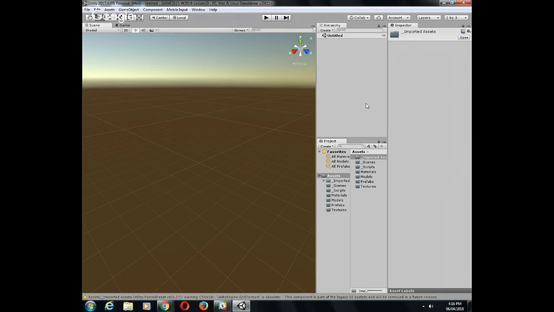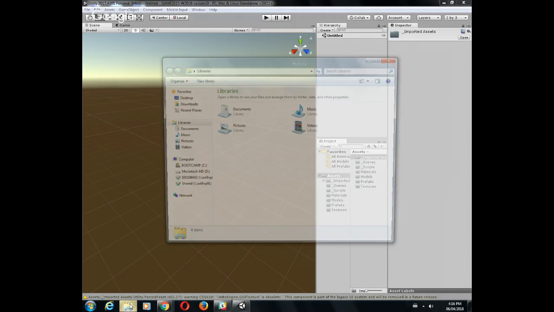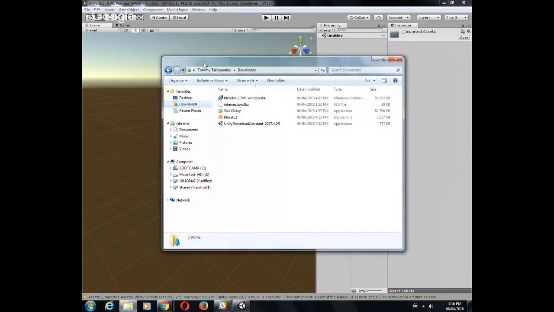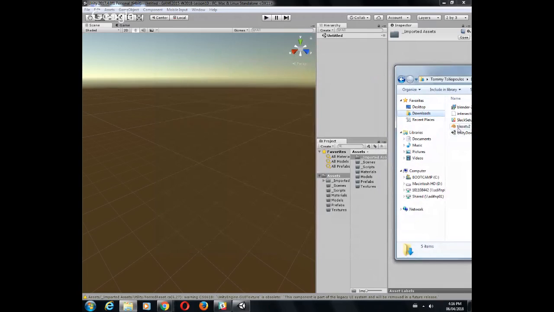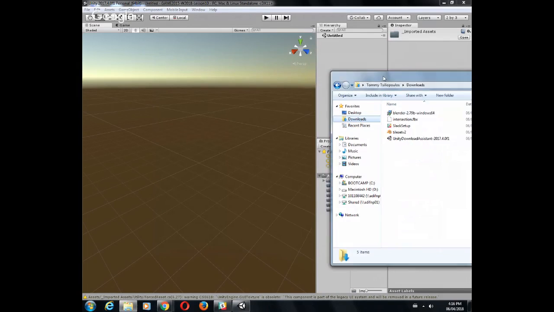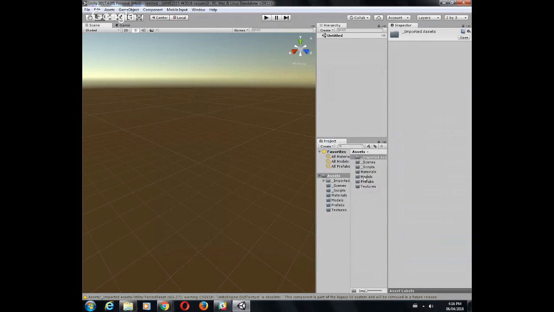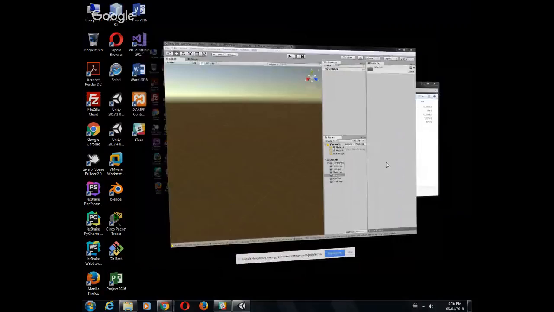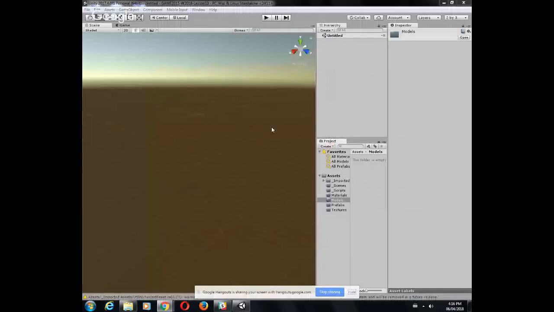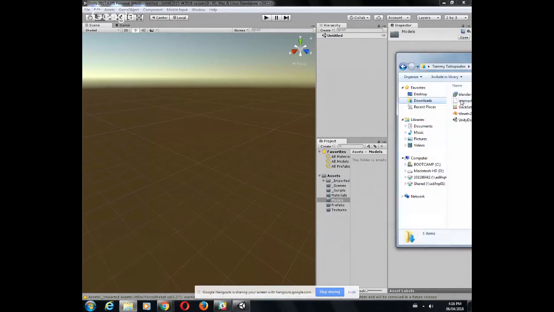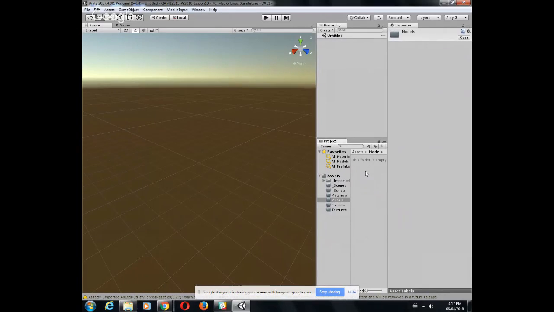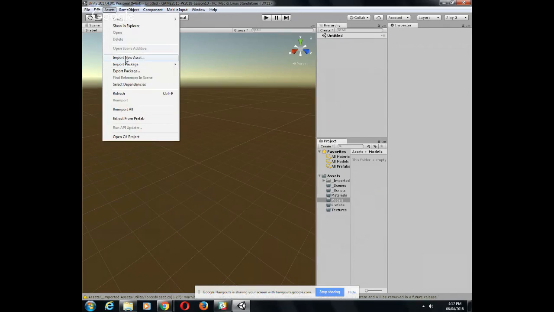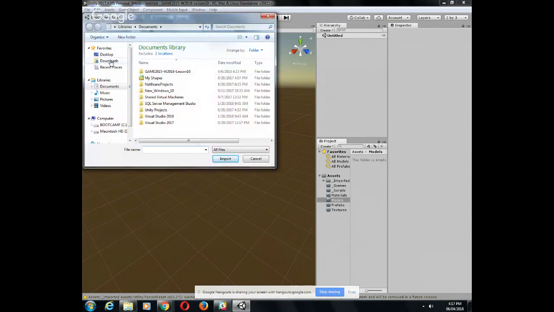I don't have anything in my scene whatsoever right now, but I'm going to put in a couple of things in a second. So one thing is, I do have in my downloads folder my tileset version 2, and I also have my intersection FBX, which is right there. So I'm going to go into my models folder, and I'm going to, oh, I hate when it does that. I don't like that kind of switcheroonie at all. I'm going to go into this folder and drag and drop my intersection in here, which it will not allow me to do. So let's go into assets, import new assets, and then go from my downloads file,